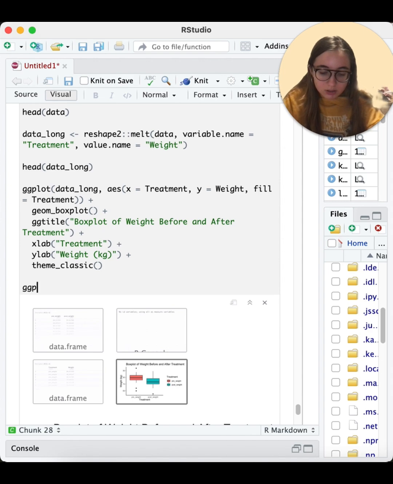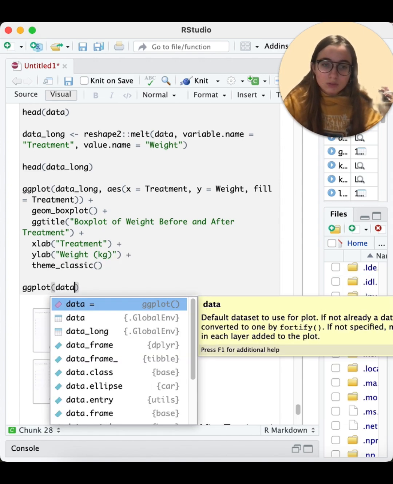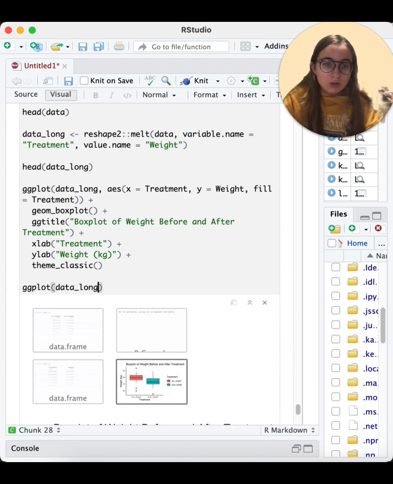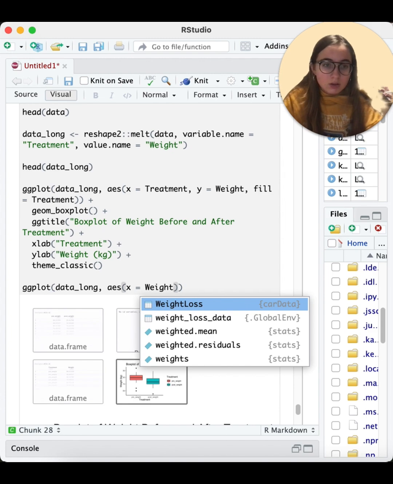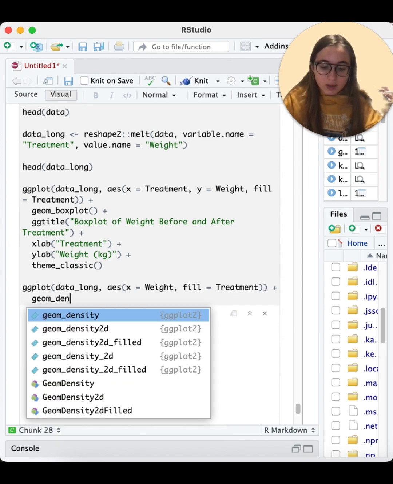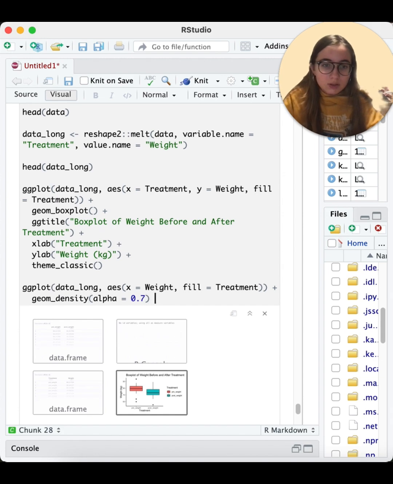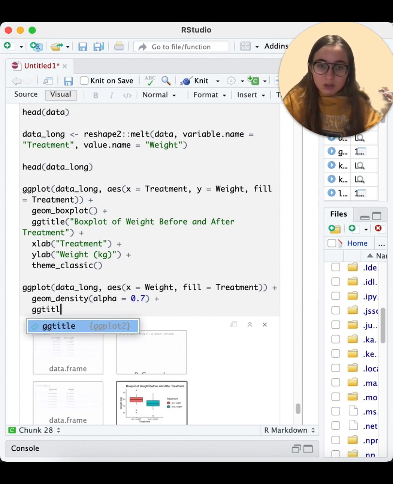Can create another plot, ggplot data long, x weight, fill equal to treatment, density, alpha equal to 0.7, ggtitle